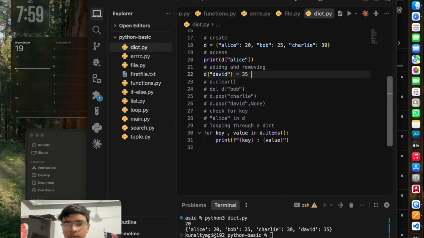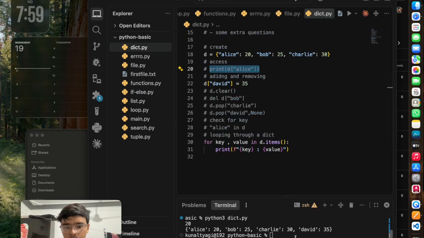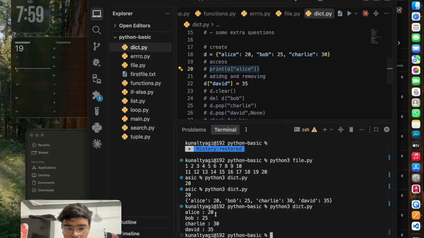Let me remove this print statement and comment this out. So now you can see the result very carefully. Here, as you can see, we got our values.